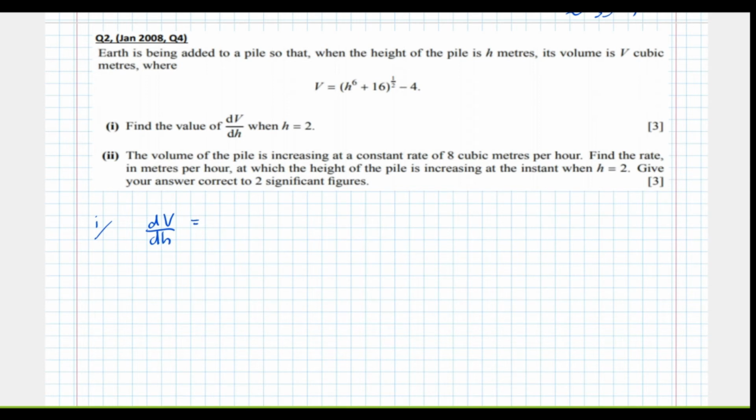So dV by dh, differentiating that bracket, it's 1/2 times whatever's in the bracket to the power of minus 1/2, and the 4 differentiates to 0, times the differential of the bracket, which is 6h to the 5. So at h equals 2, this implies